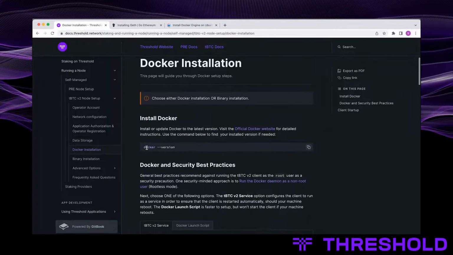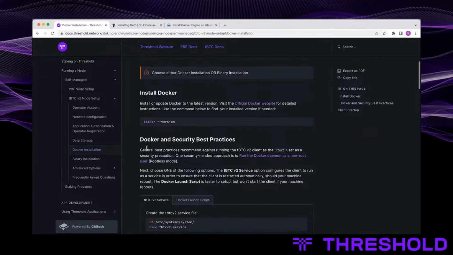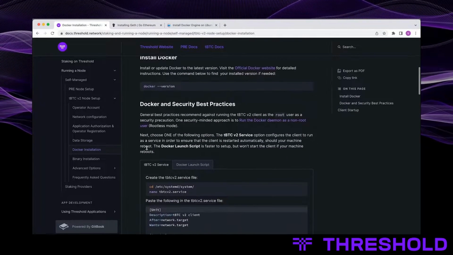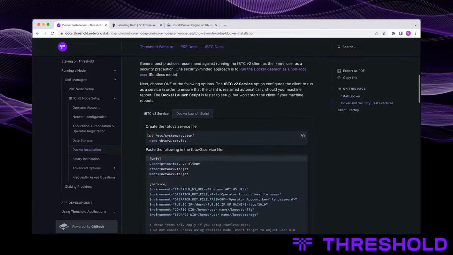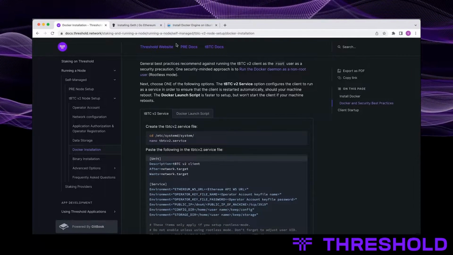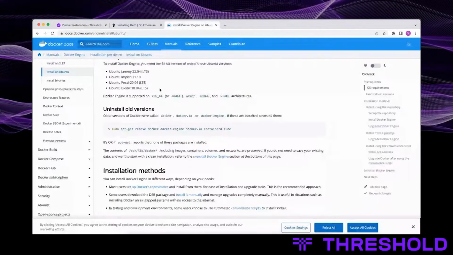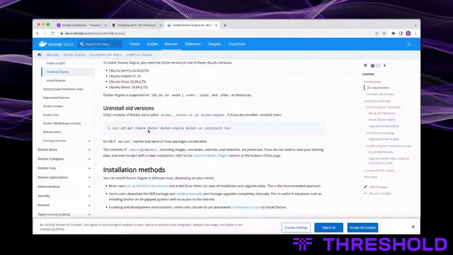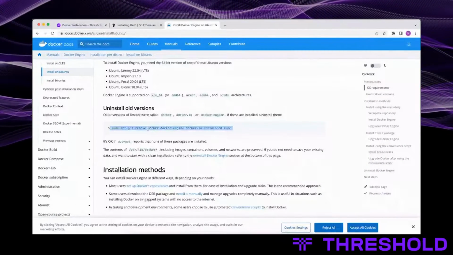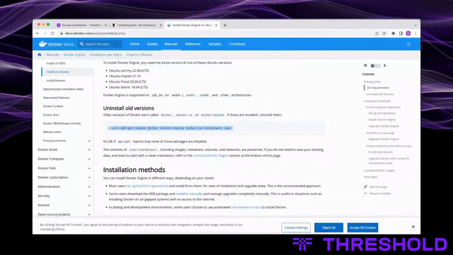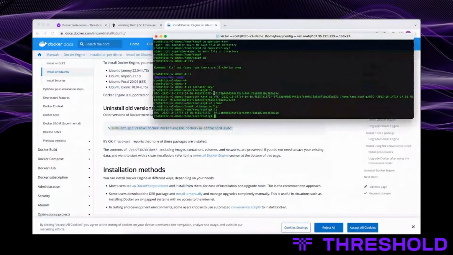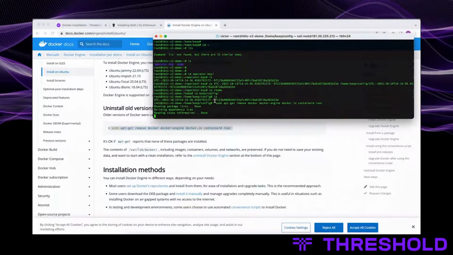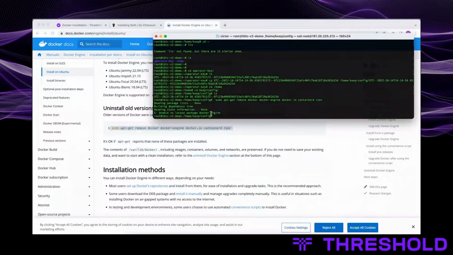Next thing, we're going to need Docker. I don't believe I have Docker installed. Docker is kind of funny. You have to uninstall old versions to make sure you have the latest version installed. Let's do that. Unable to locate.